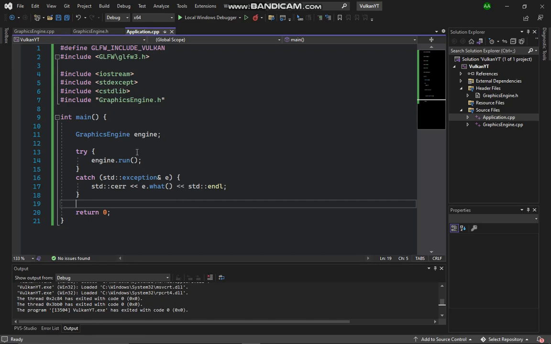You might be thinking, why am I using the try catch in here? Well, because the Vulkan API has a lot of memory management code, so due to that reason we'll have to use this, because sometimes the memory management code produces very mind-boggling exceptions which are hard to figure out. So in order to figure them out, we need to use try-catch to catch those exceptions and defend our heads from being boggled. So I hope